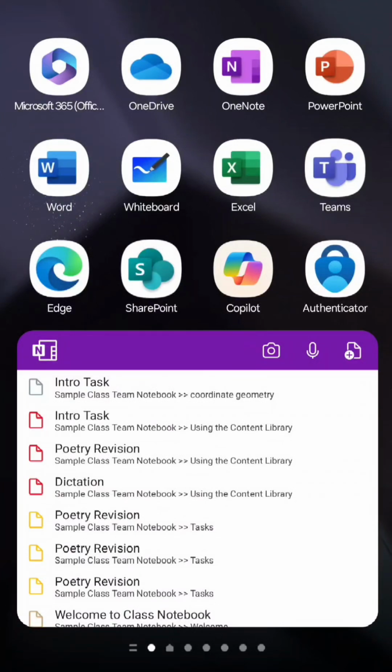Just showing you, if you do have your students engaging with the class notebook and they maybe don't have access to a laptop outside the class, what sort of things might they be able to do using the OneNote app on their phone. So the first thing will be that they go into the OneNote app, they have the OneNote